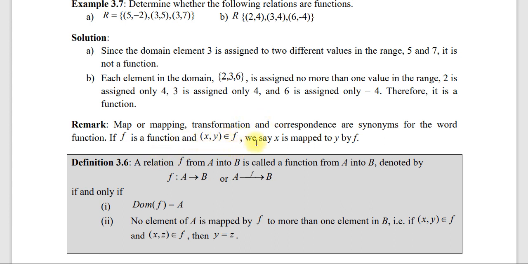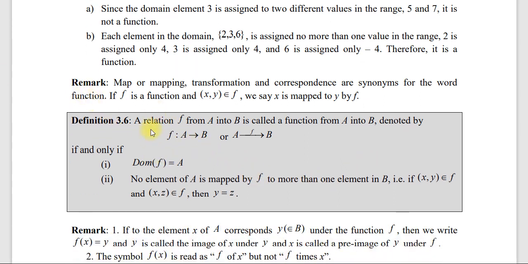Okay, if f is a function and the order pair xy is an element of f, we say x is mapped to y by f. Okay አሁን mapped ስንል እዚህ ላይ mapping, transformation, correspondence ከፋንክሽን ጋር የተያያዙ ተርሞች ወይም ወርዶች ናቸው ብሎናል። ስለዚህ x is mapped to y by f እንላለን ማለት ነው። ስለዚህ ስለ ማፒንግ የተወሰነ ነገር እንበለዚህ ዴፊኒሽን አለ።